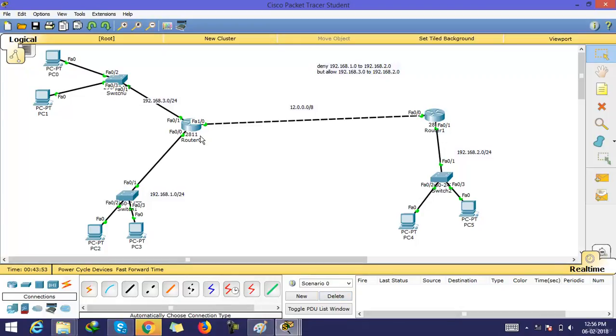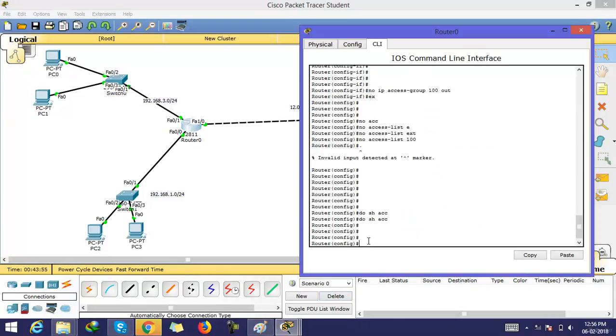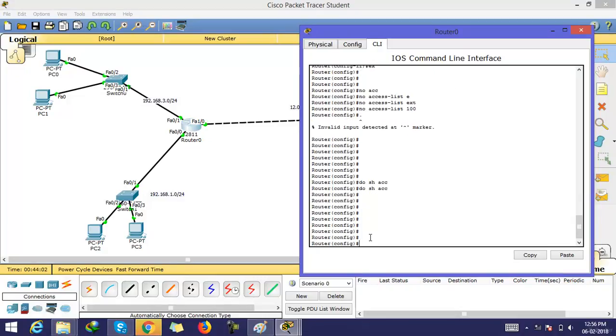This is all about extended ACLs. In extended ACLs, this command has many other features. Let's discuss those features. Create access list. The number of extended ACL list is from 100 to 199. I'm using 100. I'm denying